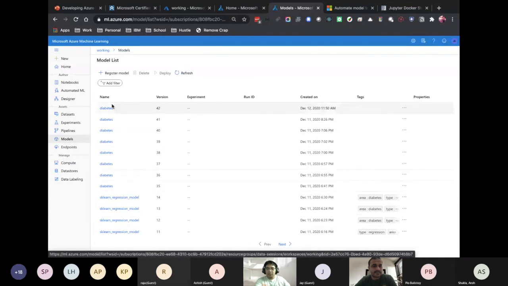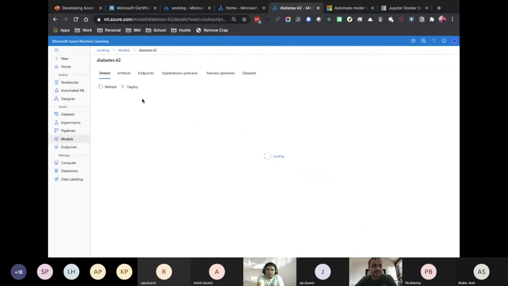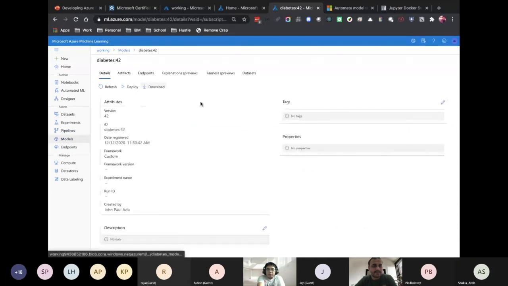Let me just open one. You can download these, and then these models can be used by ML.NET. So basically, you can just deploy your ML.NET application with this model in your on-prem Kubernetes cluster, for example. Okay, yeah, exactly.